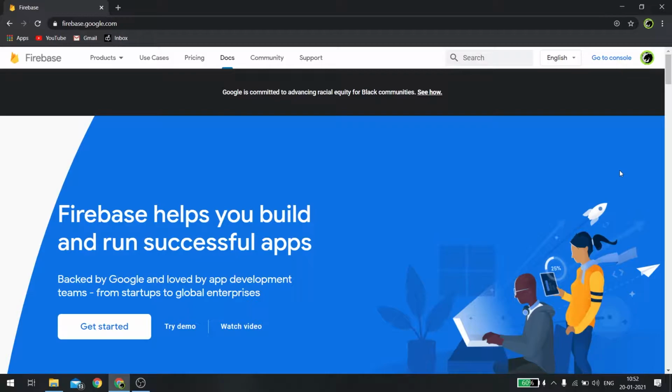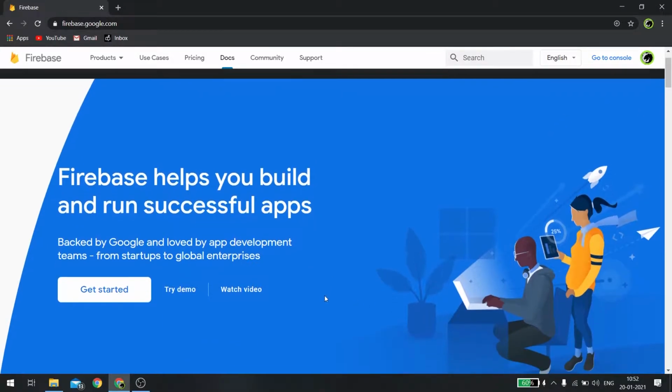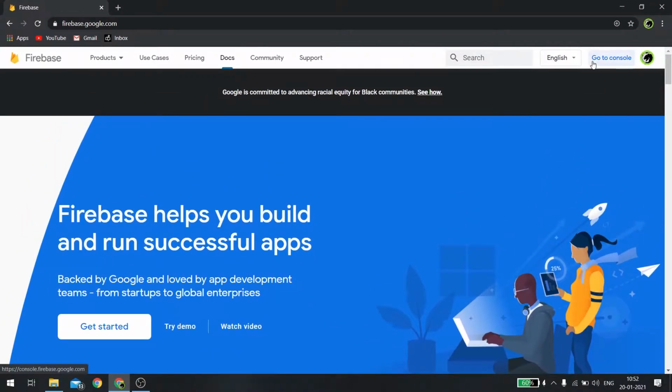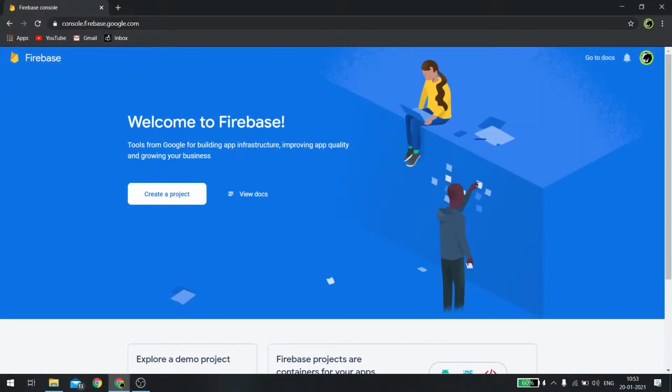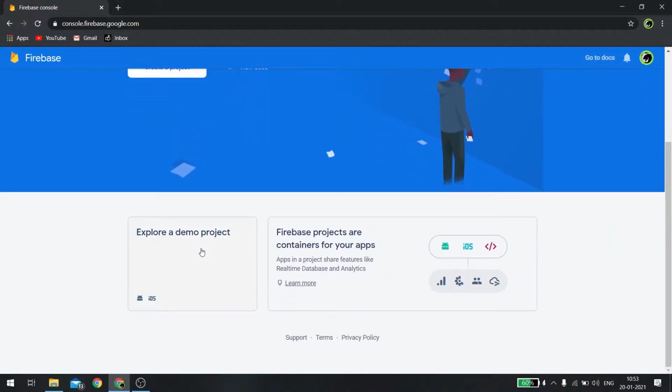So first of all, we need to head over to the Firebase website, that is firebase.google.com. And on the top right corner you can see the option Go to console. Clicking on that, or entering the URL console.firebase.google.com, we will be led to the Firebase console. Here will be listed all the projects that you have already created or are using, or you can create a new project. And on the bottom corner you can see there is an option for exploring a demo